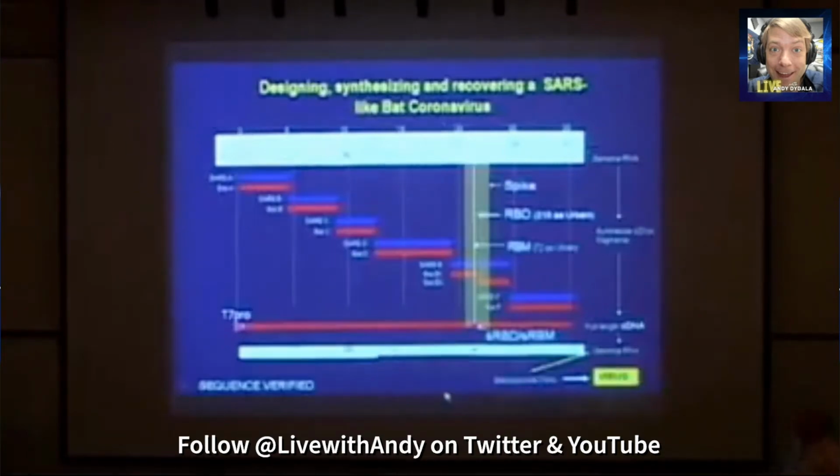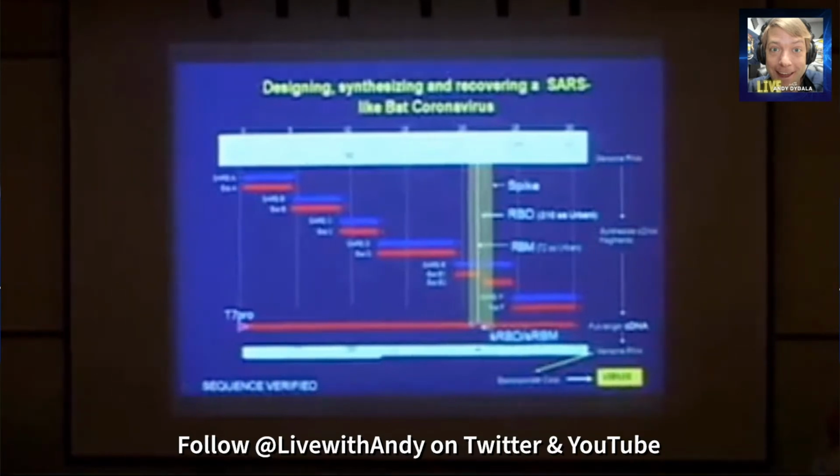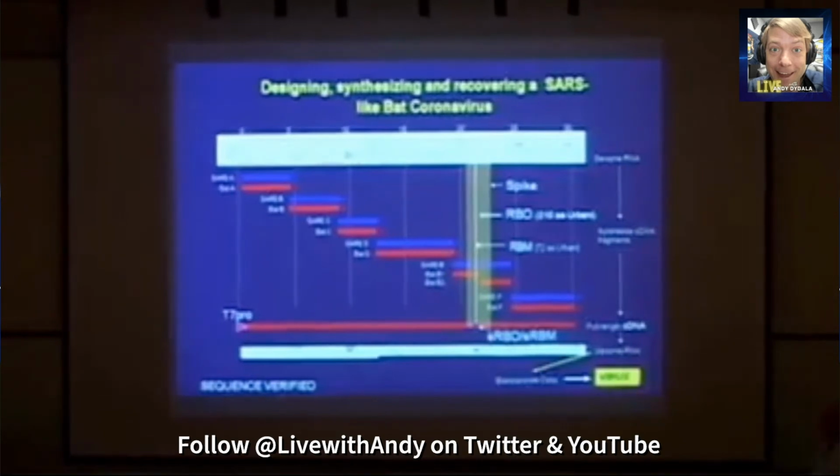To solve that problem, we used literature data suggesting that RBD domains of coronaviruses may be interchangeable between species. So we took the Urbani epidemic receptor binding domain, which is 210 amino acids in length, and dropped that into the bat genome backbone, producing a chimera with the receptor binding domain derived from the epidemic strains. When we built that clone, drove transcripts and electroporated that into cells, we got a virus that could replicate